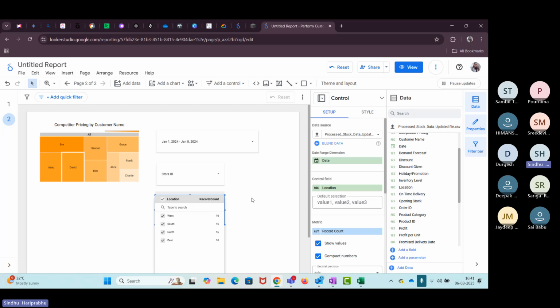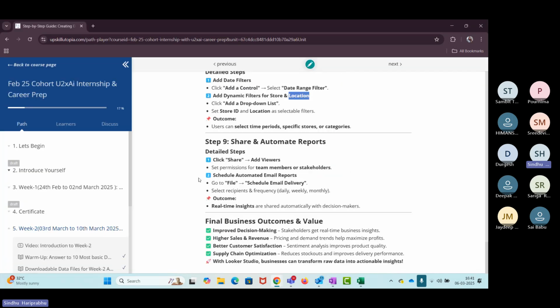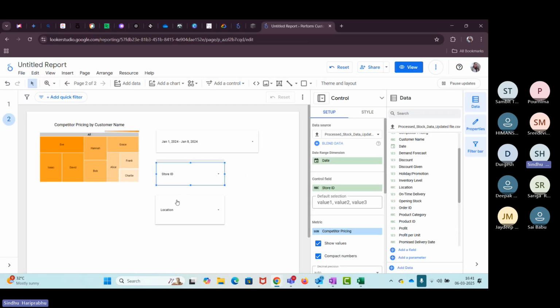So these are all the locations for you. Then the outcome is select time period, we have already done. Then for this time period it shows the specific stores, and it shows the category. So as such, we have seen the store ID and we have seen the location as category.